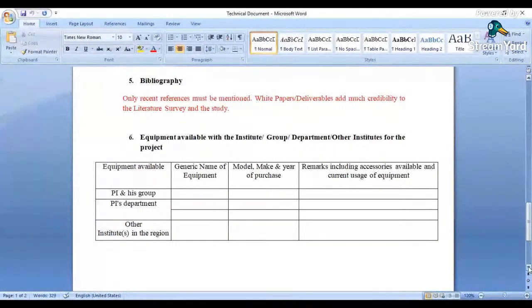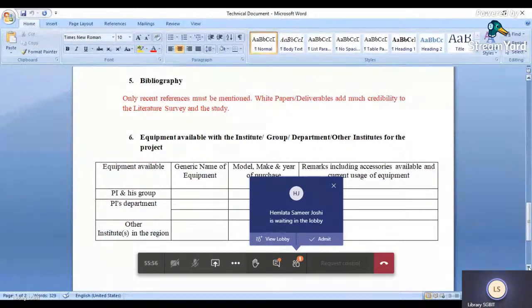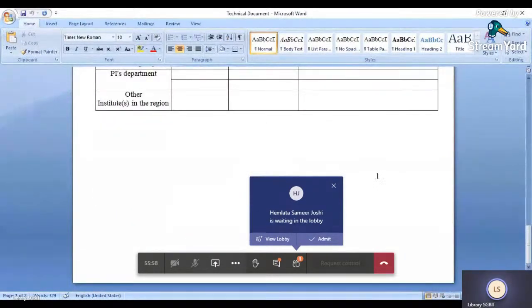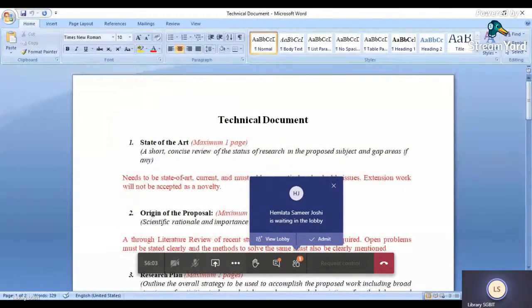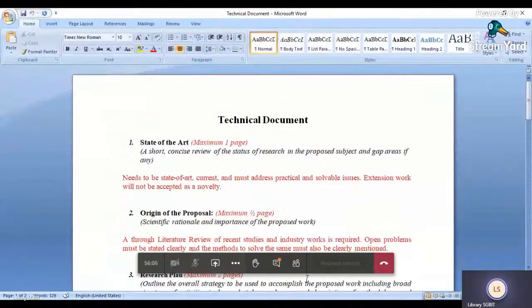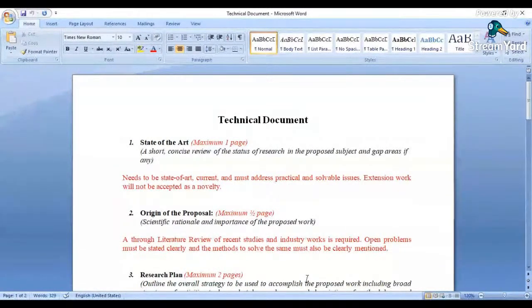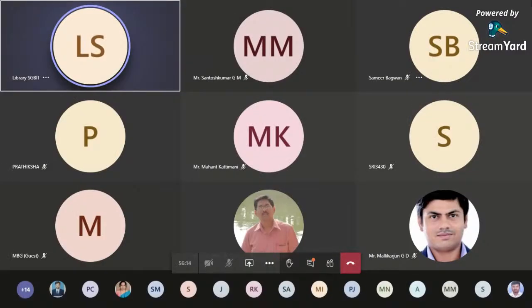So this is the technical document which is required in 2020. You can see that there are a lot of restrictions, a lot of constraints, and a lot of changes from 2013. It is becoming more and more concise, so to say, and it is requiring a lot of experience from the investigators. Again, I state that project proposals can only be written by the investigators who are really up to date with the state of the art. It is not possible to write a proposal